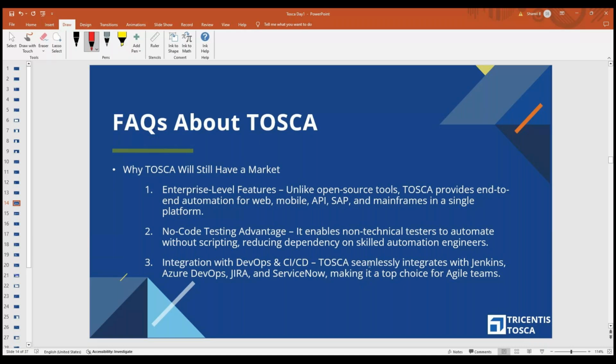So yeah, end-to-end automation for web, mobile, API, SAP, mainframe, and there are many more technologies which can be automated. I think there are 160 plus technologies for which Tosca automation is supported. And whoever is not having any knowledge, without scripting also we can reduce the dependency on scripting knowledge. And a couple of years ago, they implemented a DevOps and CI/CD feature, using which we can integrate with Jenkins, Azure DevOps, Jira, and ServiceNow, making it top choice